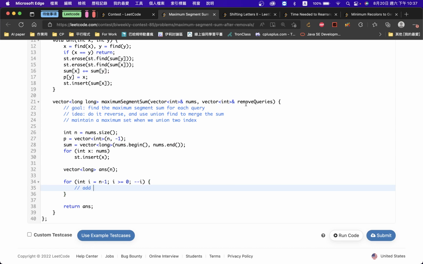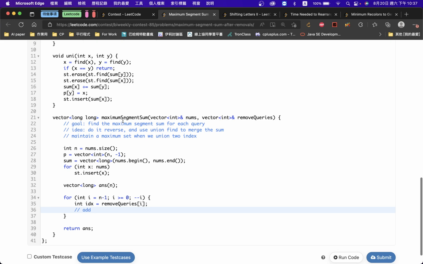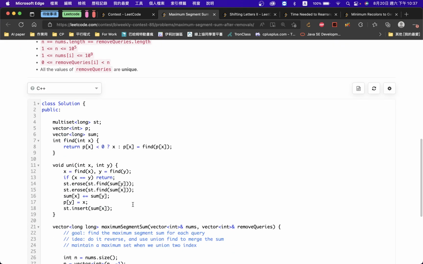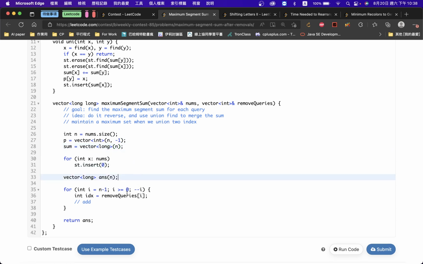We will add indexes, remove the query, and we add this index. Right, so we do this now. We will add